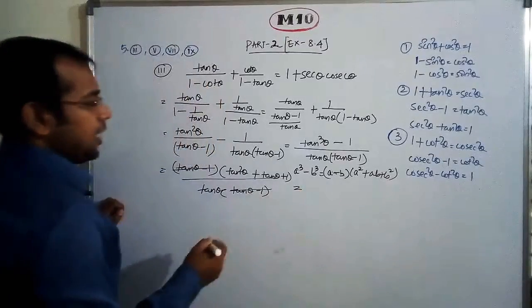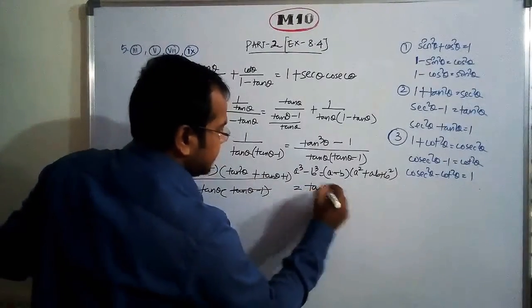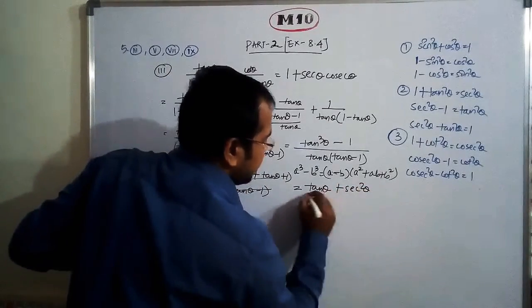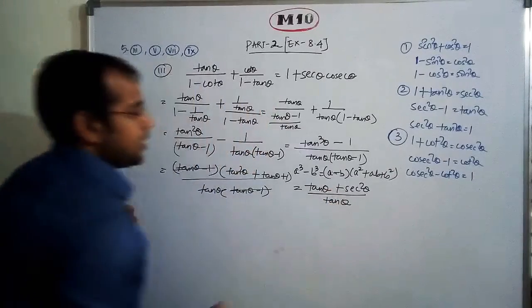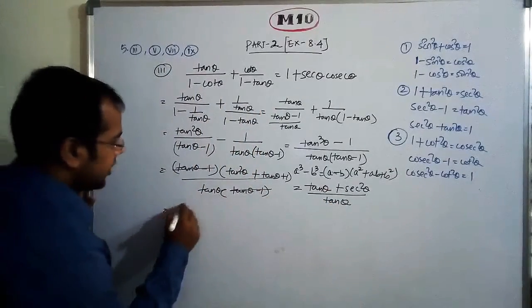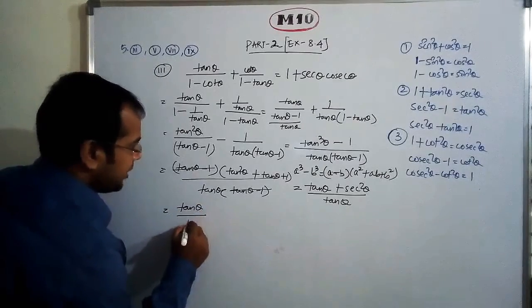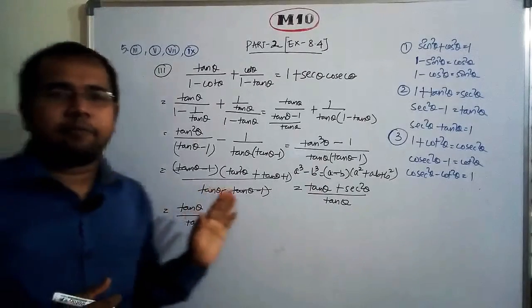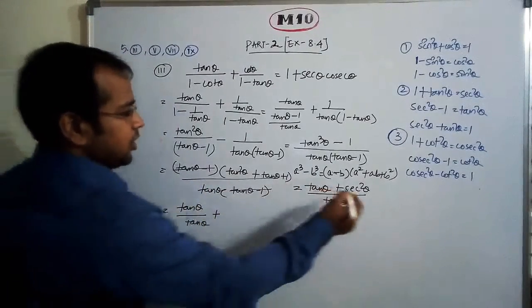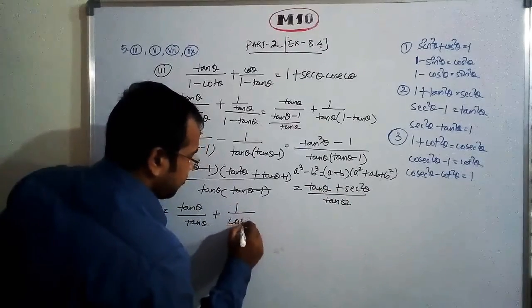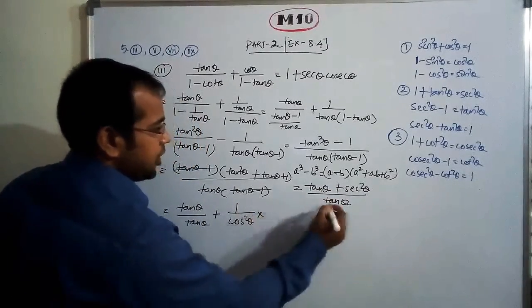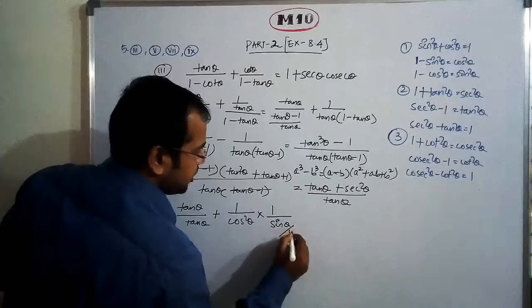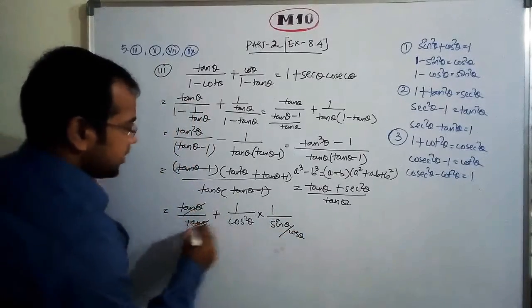Okay. So what will you get here? See, you have tan theta here, and 1 plus tan square theta is nothing but your sec square theta divided by tan theta. Okay. Now divide by tan theta on both sides. What will you get? Tan theta divided by tan theta plus sec square theta divided by tan theta. Now let us convert it into sin theta and cos theta. So sec square theta you will get here 1 by cos square theta into 1 by tan theta. This tan theta is sin theta divided by cos theta. Okay. Now this is cancelled out. You are getting 1.